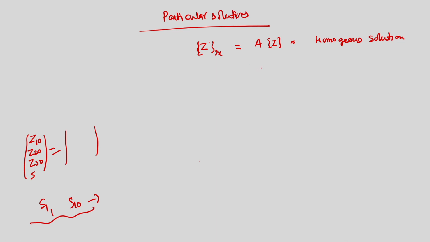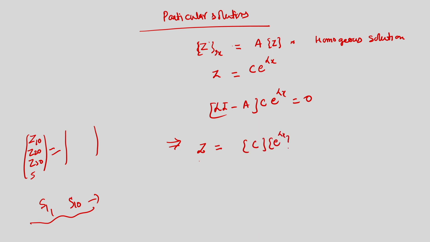Again we can assume a solution like e raised to the power of lambda x into C z, and finally it becomes lambda I minus A times C times e raised to lambda x equal to 0. Then finally we write a solution of z equal to the C matrix into e raised to the power of lambda x into some arbitrary constants, but here the particular solution is 0. So, subjected to the boundary conditions, if we subject all these boundary conditions, let us say this is M